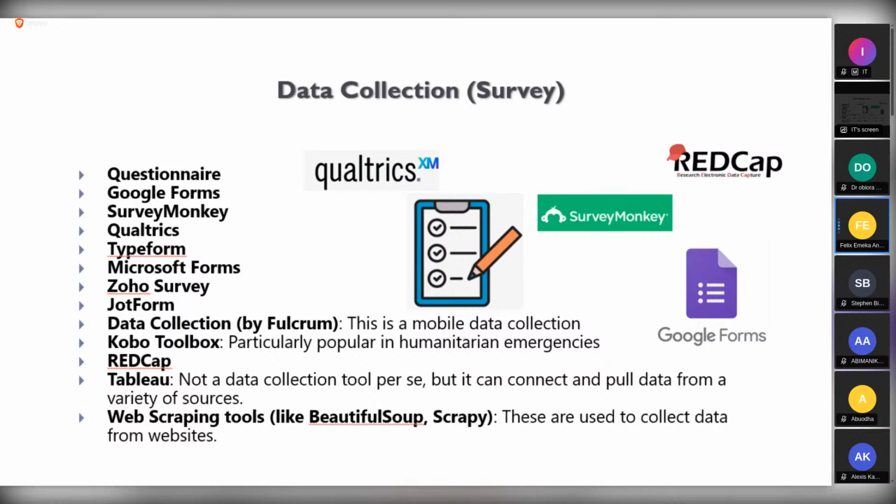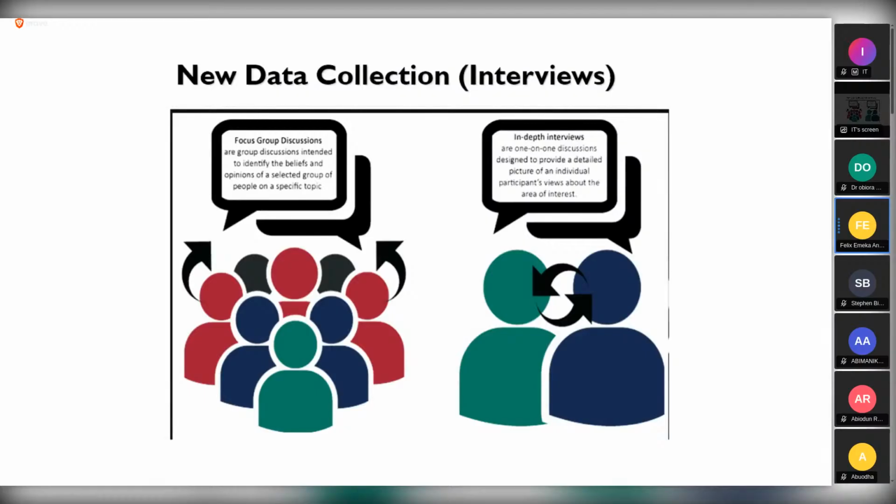And another good thing about the online survey is that as they are filling this tool and submitting, it's putting them in a spreadsheet, like an Excel sheet, that is already ready for importation into your statistical software, so that you can begin data cleaning and analysis. Unlike when you use a paper-based questionnaire, where after you've collected the data, you now start entering the data into Excel or SPSS or whatever database that you're using for that purpose. So that's for the quantitative.